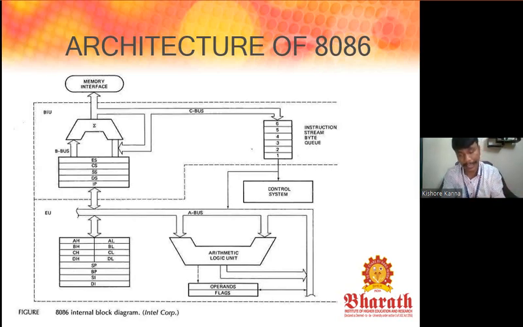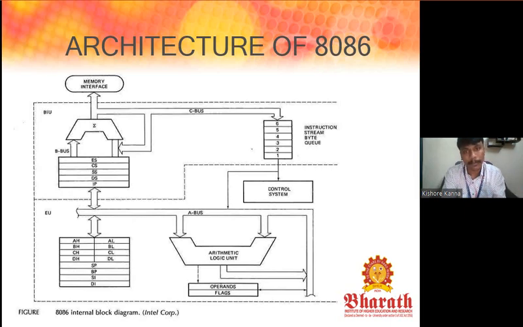After verifying the ALU flags and operands, it will be given as the output. Output will be generated. This whole process acts in microseconds. That is the unique character and ultimate aim of the 8086. Process happening in BIU, sorry, process happening in EU, the bus interface unit and execution unit, will be happening within microseconds. The given input data will be processed and produced by these processing elements in microseconds. That is the architecture of